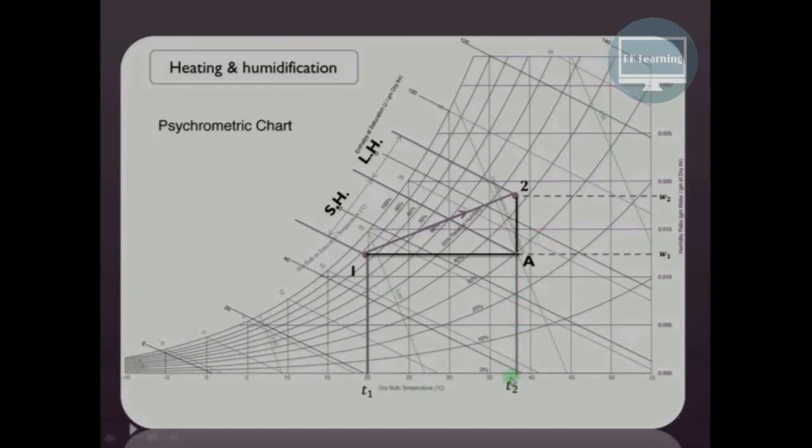So we know that in case of the latent heat process, temperature remains constant, but there is a change in phase of the working substance. Whereas in case of the sensible heat process, the temperature changes whereas phase remains constant. So in this particular case, sensible heat is nothing but HA minus H1, whereas latent heat is nothing but H2 minus HA. So using this, we can easily find out what is the sensible heat factor for the given process. So in this way, we can interpret the various psychrometric processes using